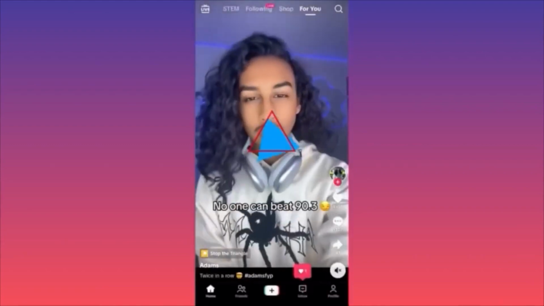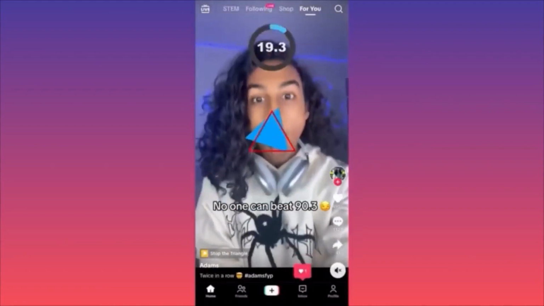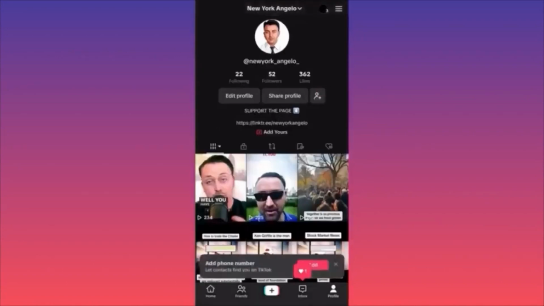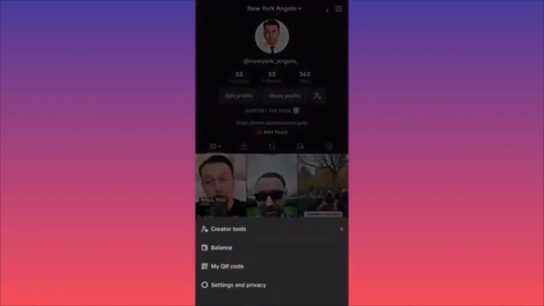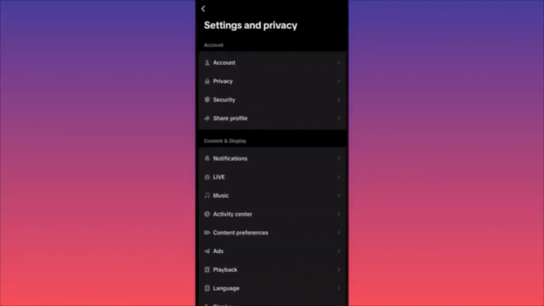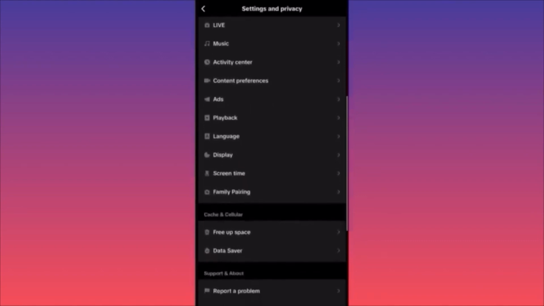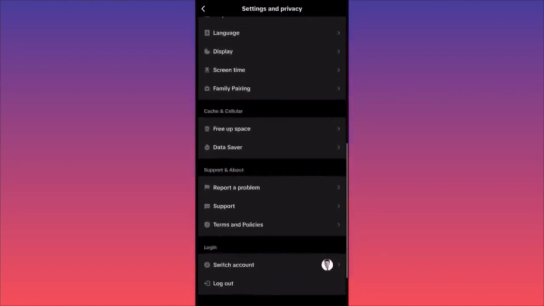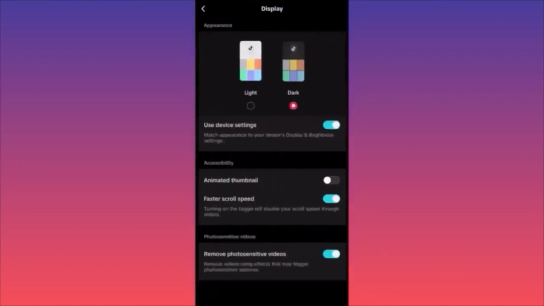Then you want to click on the lower right corner where it says your profile. You click on your profile and then you want to head to the top and click on the 3 straight lines. Then you want to head towards settings and privacy, the last option. Now you want to slowly scroll down to the display section over here. You want to click on display, and here you can manually set